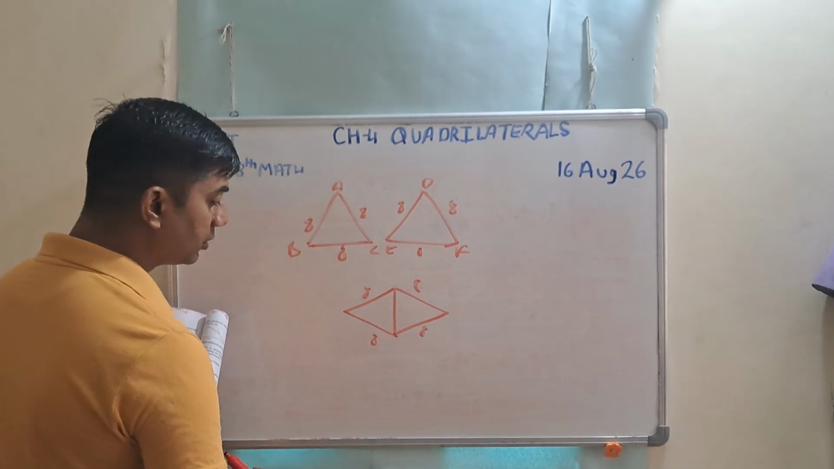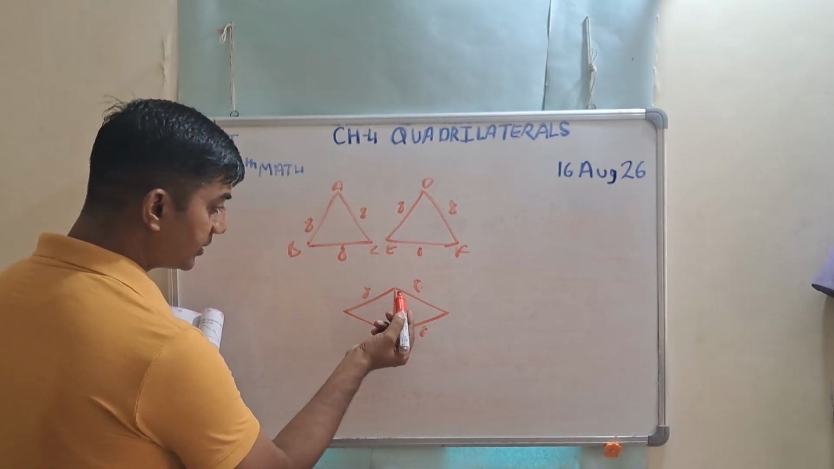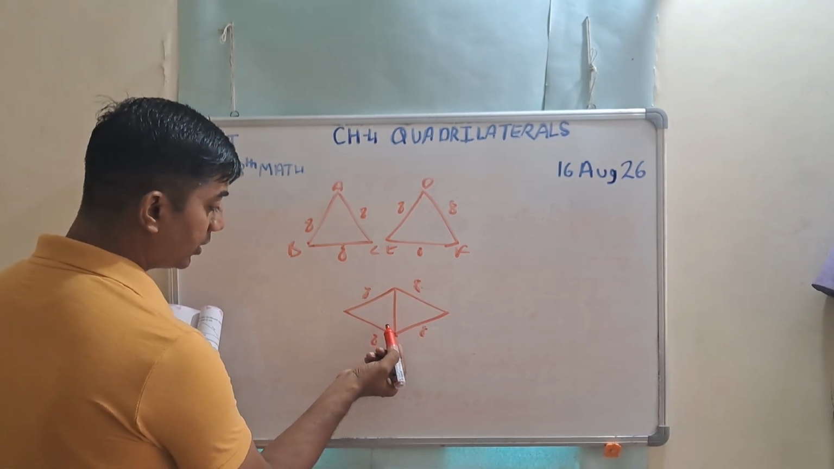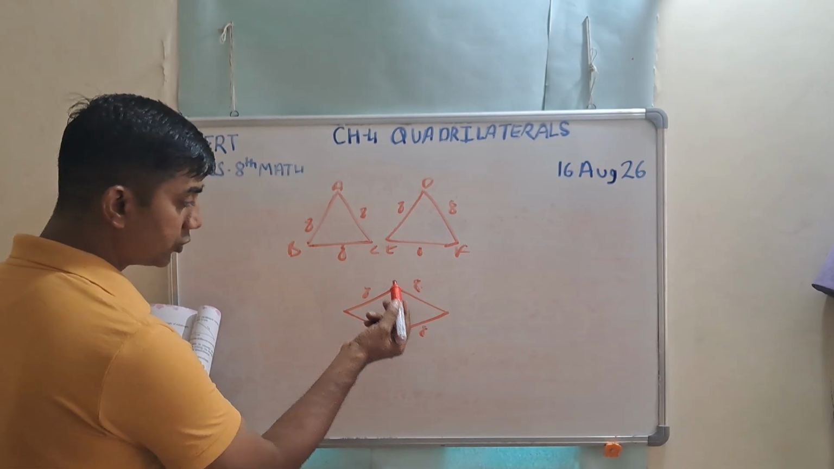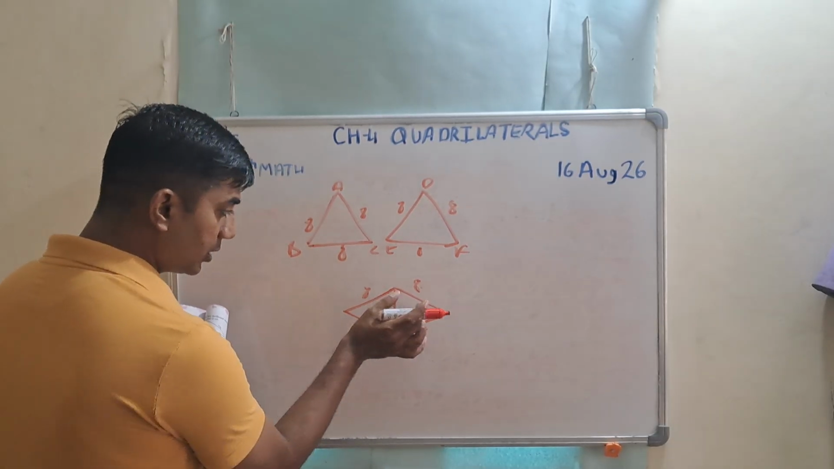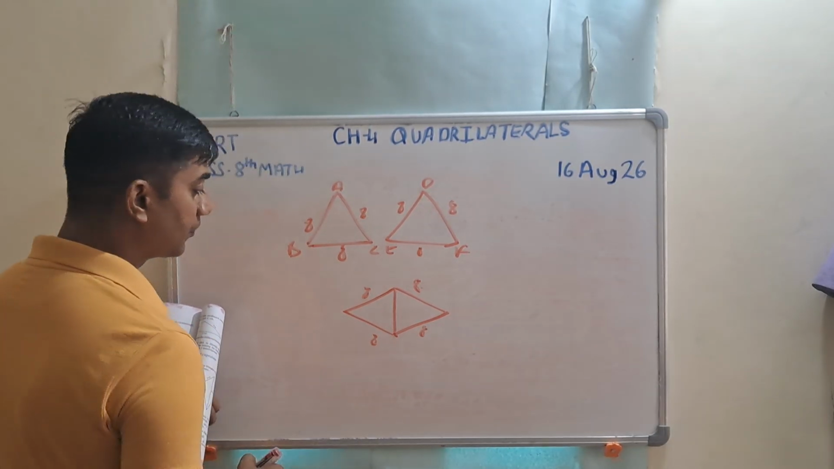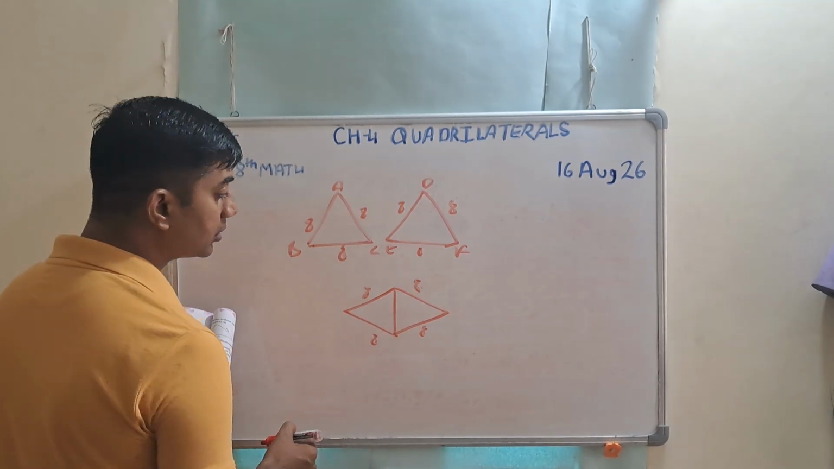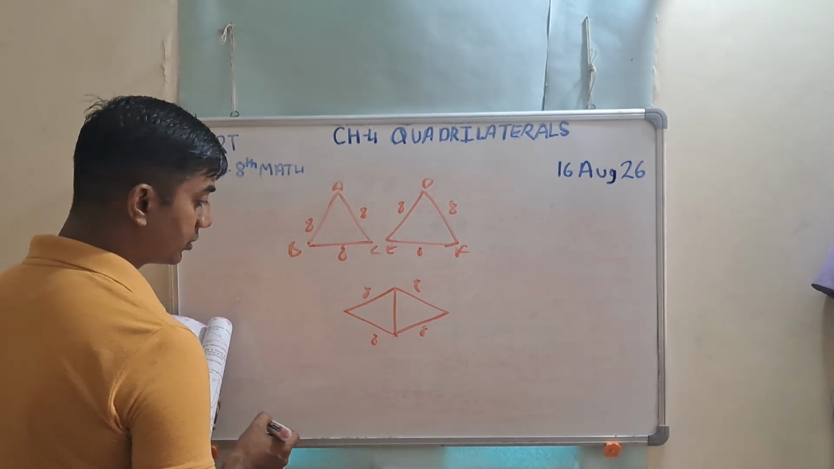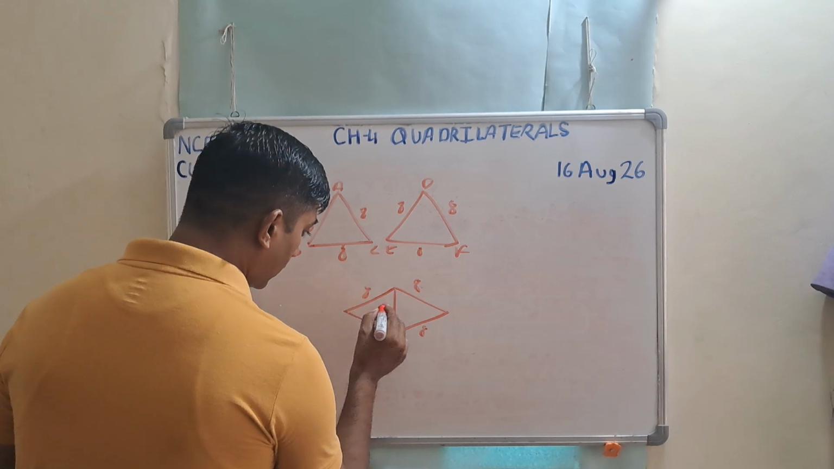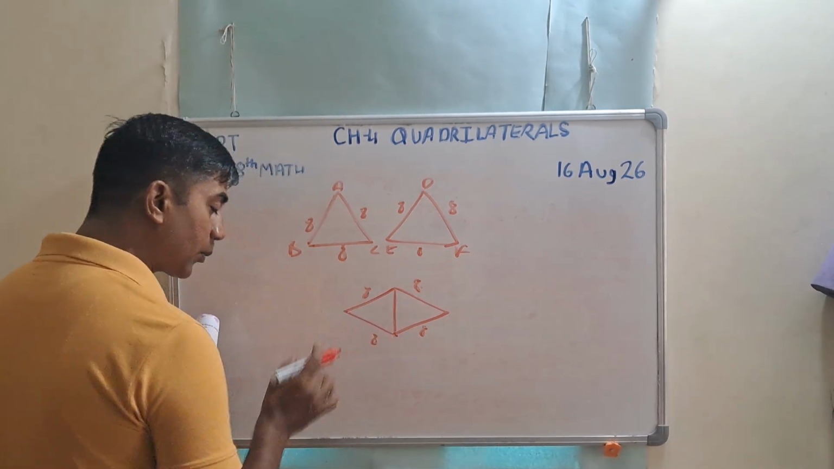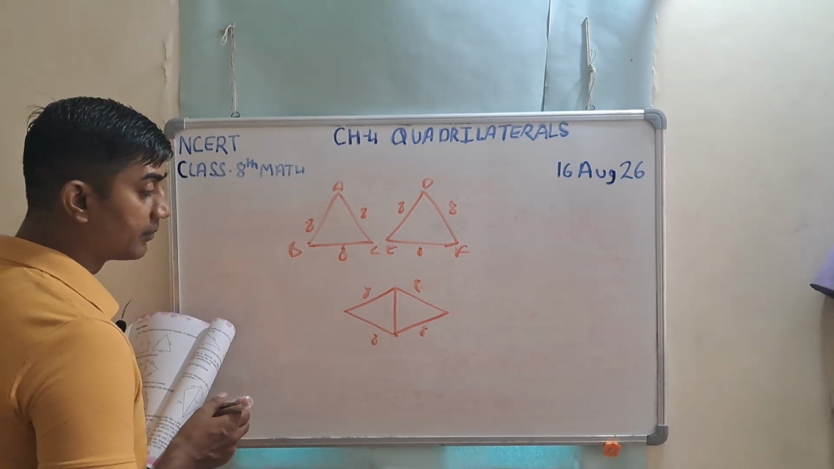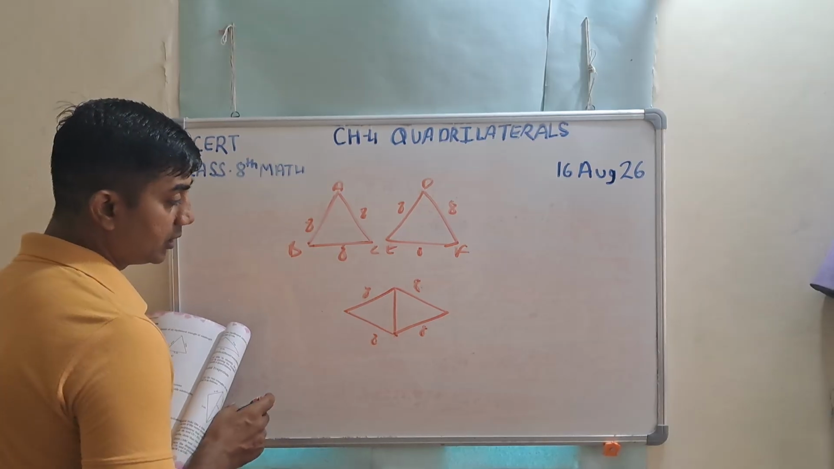opposite angles are equal, this is 60, this is 60, this is 60, 60, this is 120. So opposite angles are equal, and sides are equal length. It means it is a rhombus. Understood? Since this is following the property of a rhombus, all sides are equal, and opposite